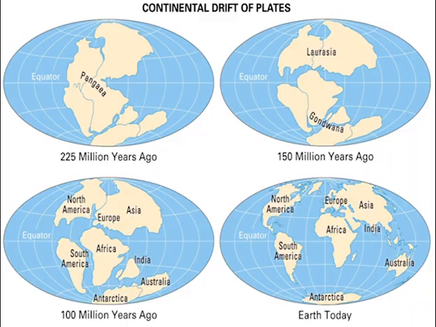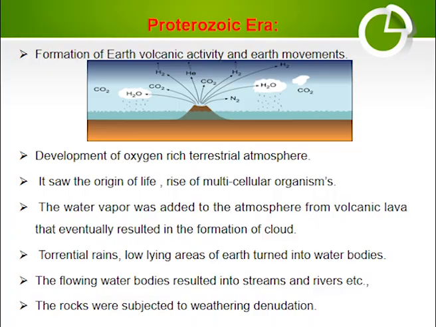This name was given by J.D. Dana in 1872. This is basically the rock formation stage wherein metamorphic shields of Brazil, China, Canada, North America, South America, Africa, India and Antarctica were formed. So, the next stage is the Proterozoic era, wherein this material got submerged into the Earth's surface, and over